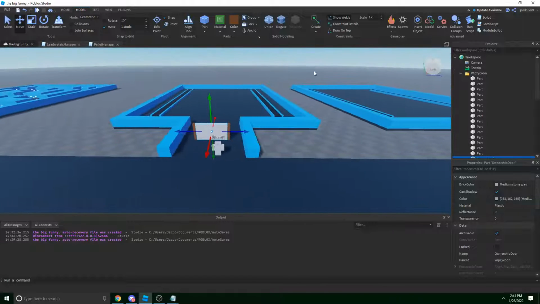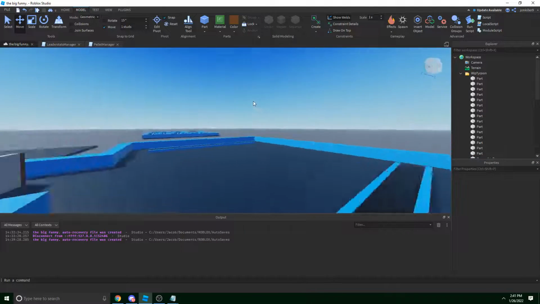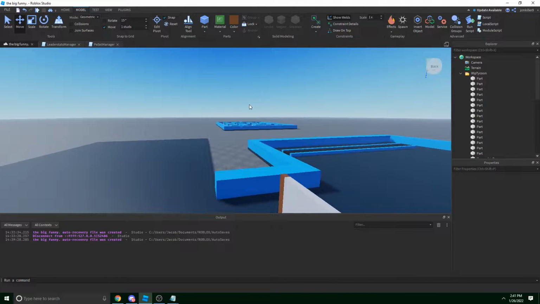Now, what I'm assuming we can do is, I'm thinking that we name this folder based off the player's name, because we have to make it where the tycoon refreshes when a player leaves, which I think we,